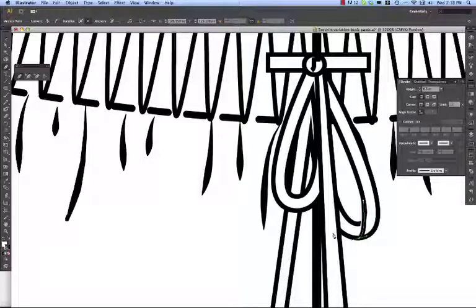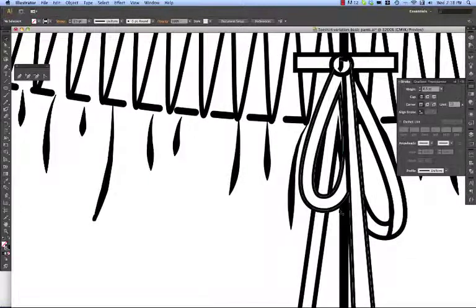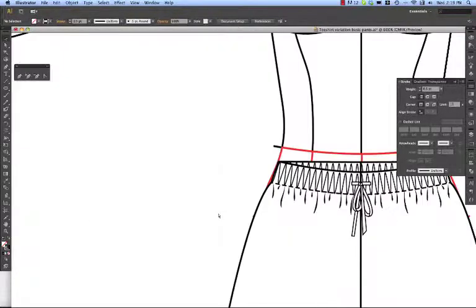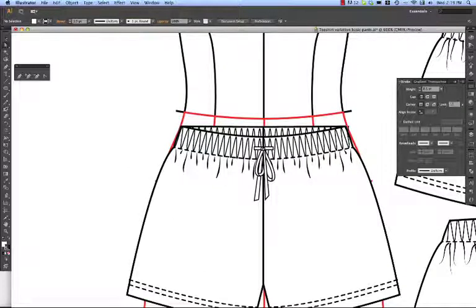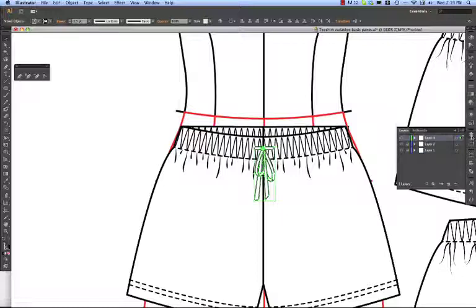Remove the fill, toggle with X, selection tool to deselect, and over here we'll do the same thing. Pen tool, selection tool to deselect. And there you have a very simple bow. I'll just add a little bit of shape in the rouleau, and with my selection tool I'll marquee over everything again, and luckily we have it on a separate layer, so I'm going to group it,